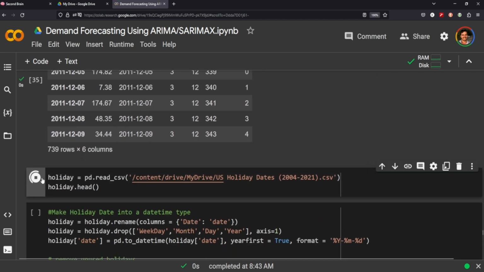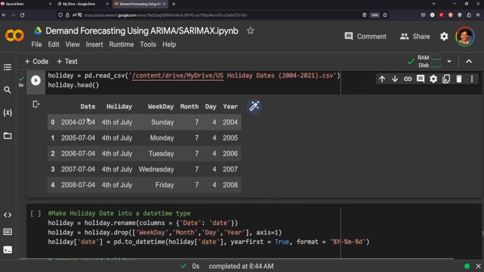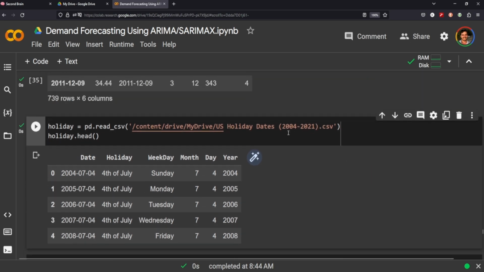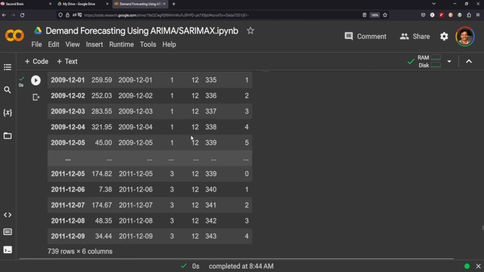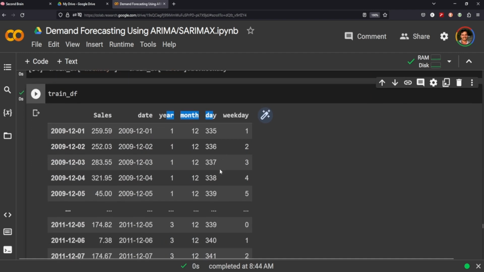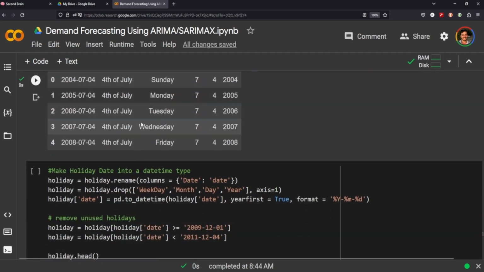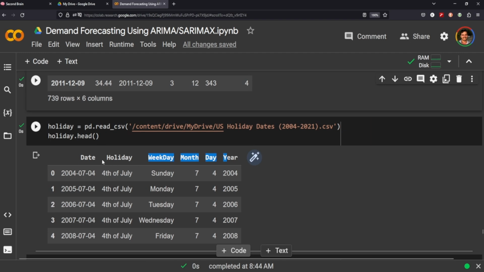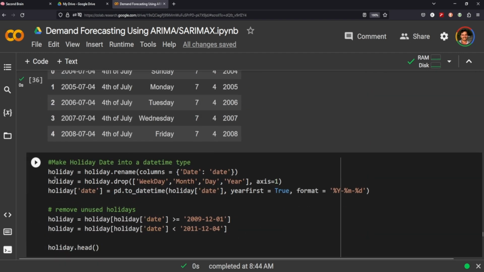We can add in holidays. I just found this holiday data set on Kaggle, and it comes with dates, what holiday that date was on, whether it was a weekday, Sunday, Monday, Tuesday, Wednesday, the month, the day, the year. We're really interested in these two columns here because we have something similar up here that's in a more vector-friendly form. The way I did it was I just renamed the date to date,